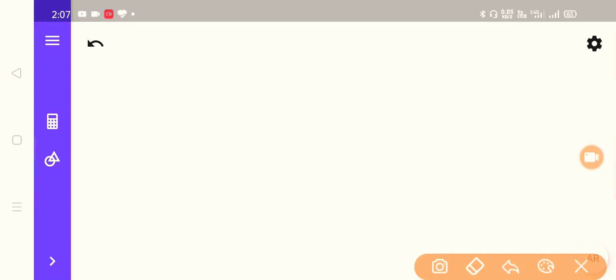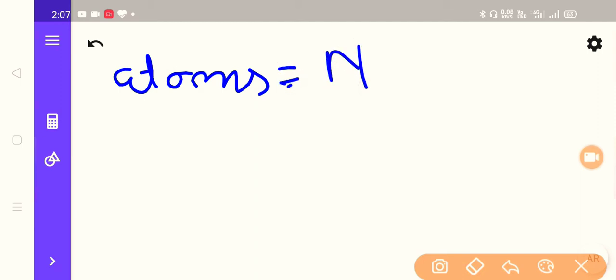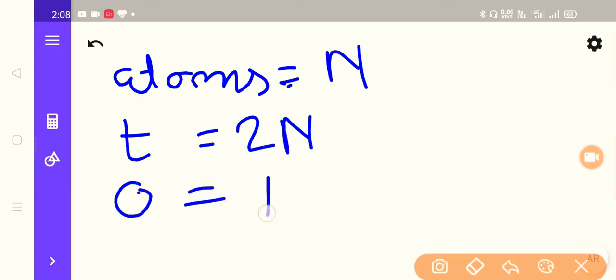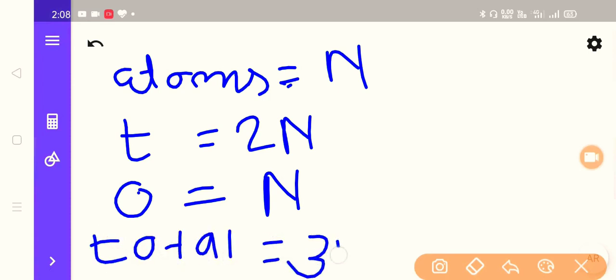So just remember, if the number of atoms is equal to n, then the number of tetrahedral voids is 2n, the number of octahedral voids will be n, and total voids will be 3n. Okay, so remember this relation.